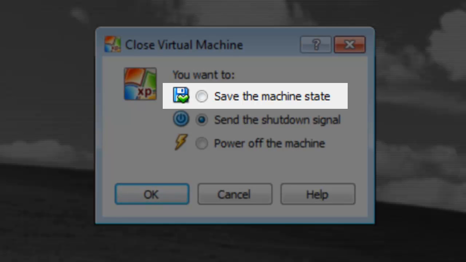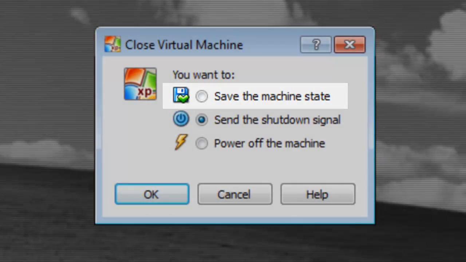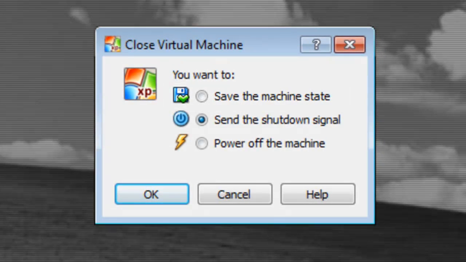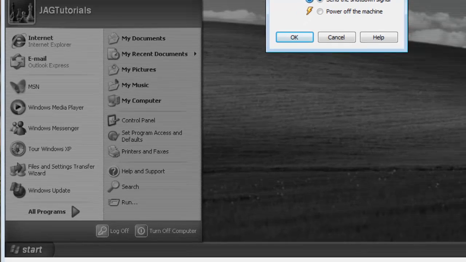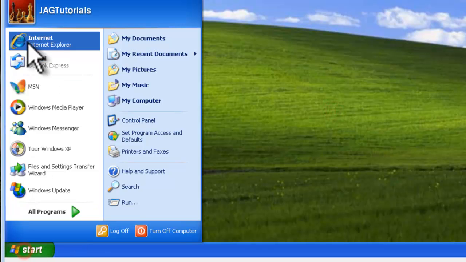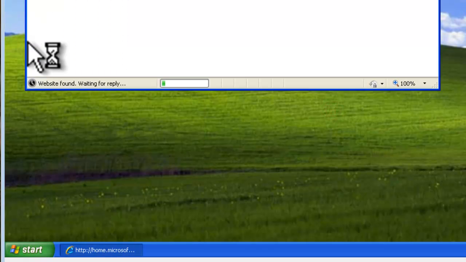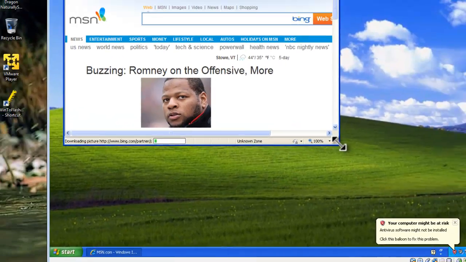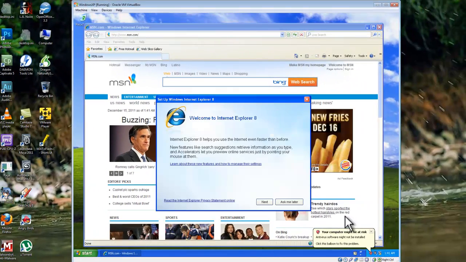It saves the virtual machine exactly as it is when you click this button, and then restores exactly to this point when you turn it back on. If you had different programs open, they would all be back in the same spot when restarted with this option. To test this, we'll open an Internet Explorer window. Now click the X to close the guest OS.